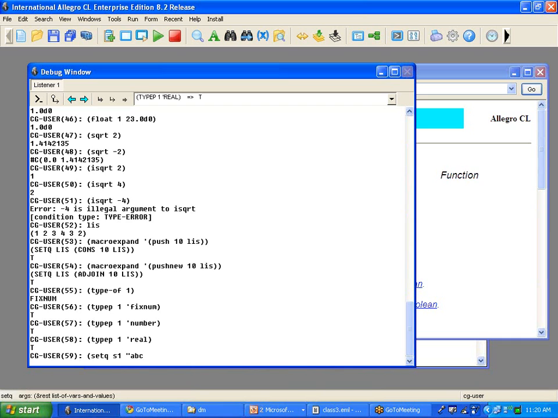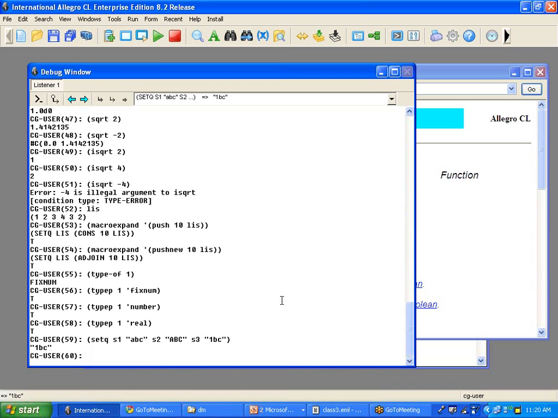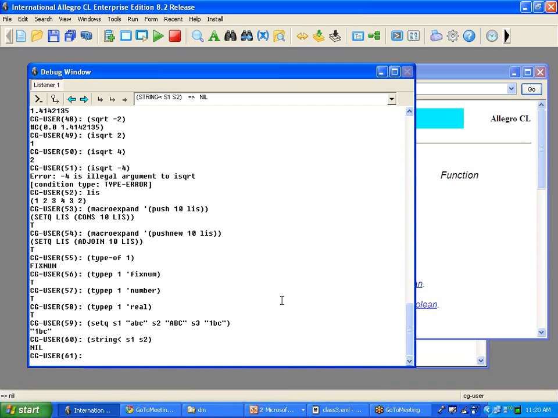so A, B, C. By the way, with setq, you can have as many pairs as you like, and it will just set all the values. 1, B, C. Now let's do some testing here. So string less than S1, S2, nil, string less than S2, S1,